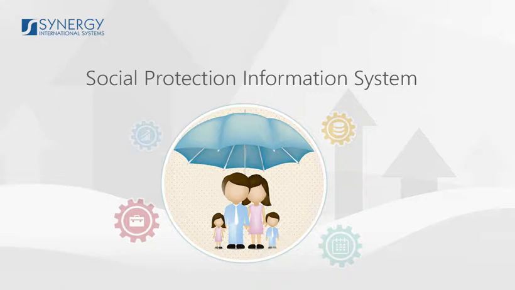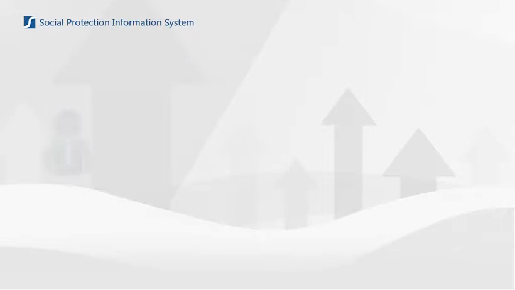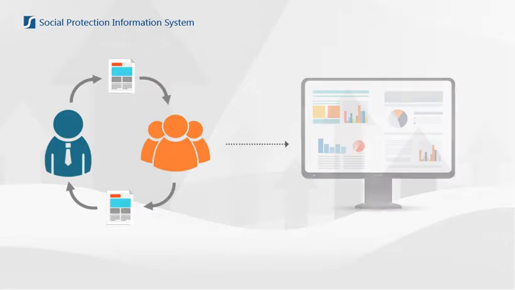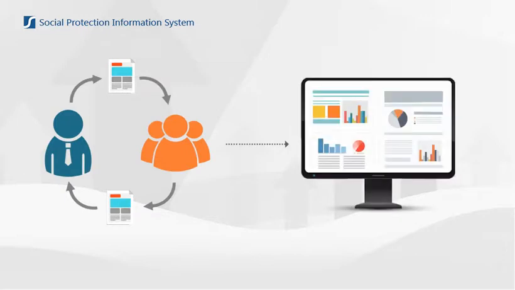SPIS automates and streamlines complex cash transfer processes to assist social ministries or agencies around the world in performing periodic payments to beneficiaries. We provide our clients with functional prototypes that they can review and give feedback on. It is this iterative interaction between us and our client that results in a final product that is highly usable, flexible, and scalable. Synergy tends to also stay true to its client's corporate branding style in terms of logo and